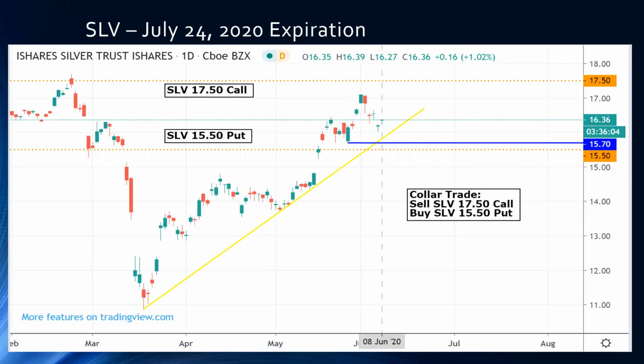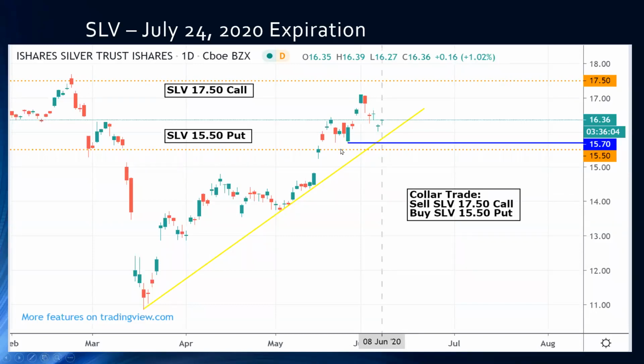But if you want to participate, for instance, in the silver market, here's a great way to do it. You have the SLV, iShares Silver Trust. Now, when I put this trade on, once again, all these were done at the same time. I looked at these prices and on the day of the trade, it looked like we were coming off a new higher move low. So I marked the last low here at 1570 because there was a 1550 put. So I'm like, oh, this is great.